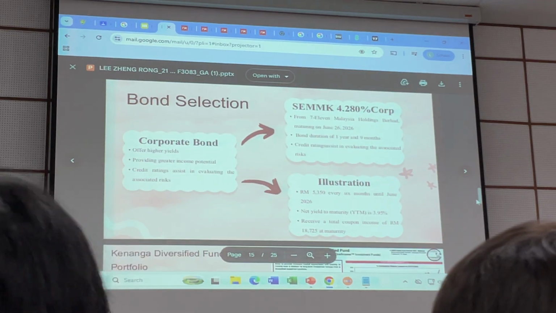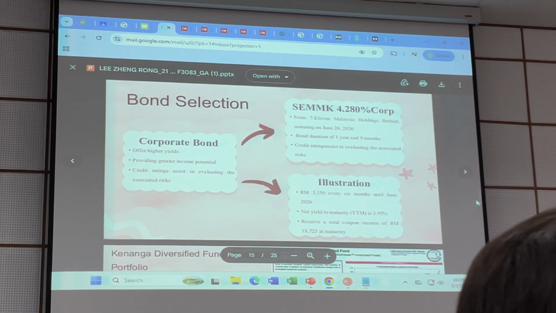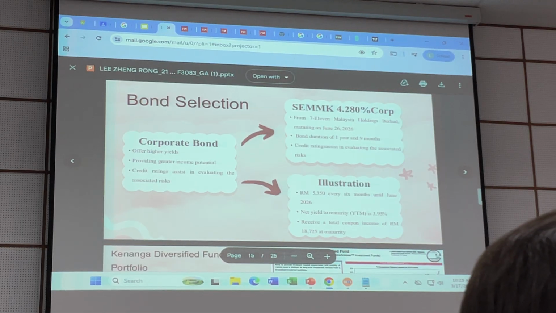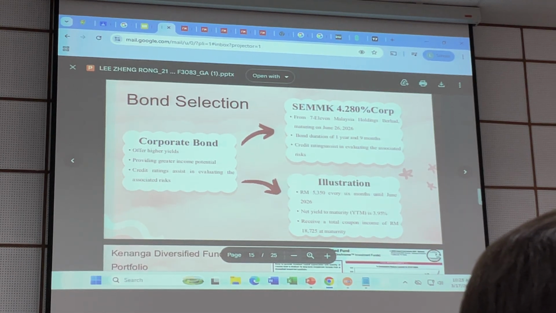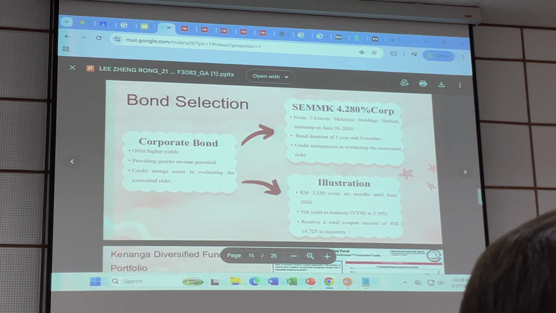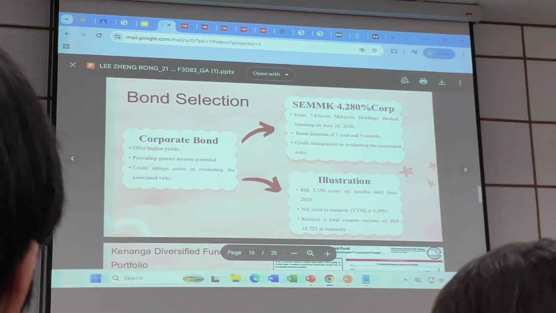For bond selection, give me one corporate bond, if you invest 250,000. Here is a corporate bond, with details based on assignment 4.28, the corporate rate, and a yield to maturity of 3.95. No need for you to compute it. If you use Bond Supermart, they give you the yield to maturity, how much is that?